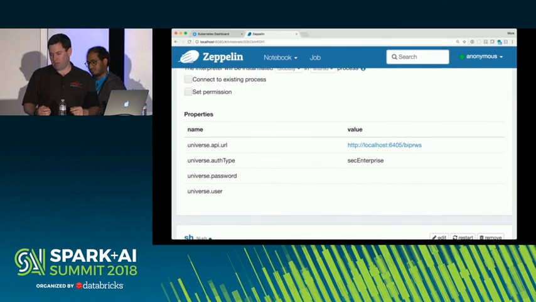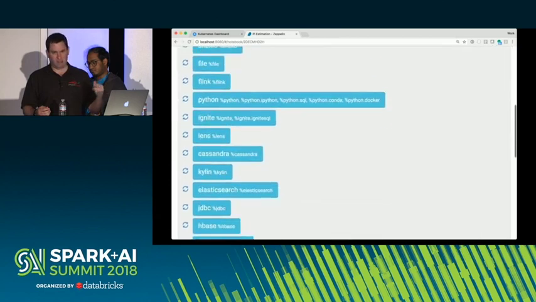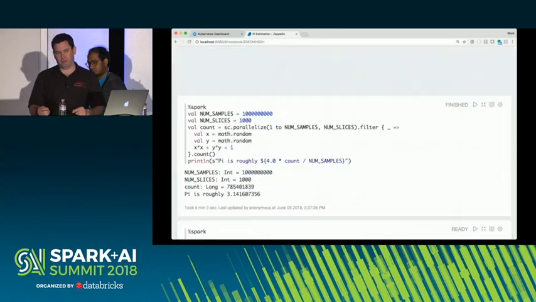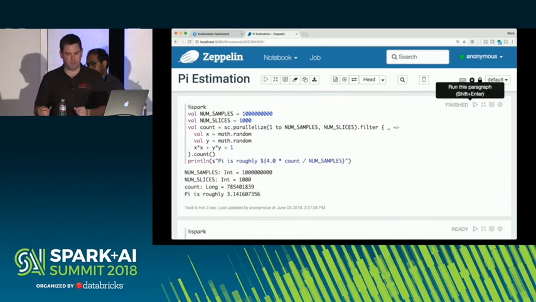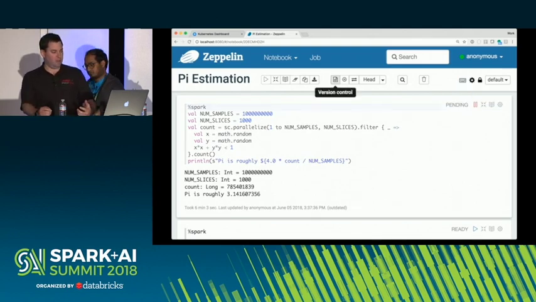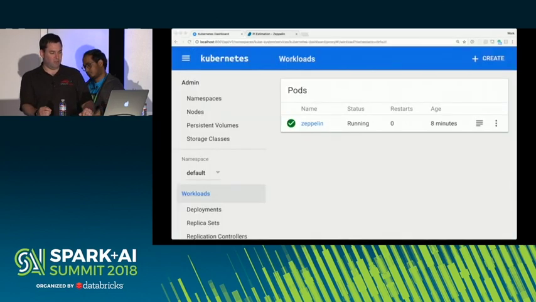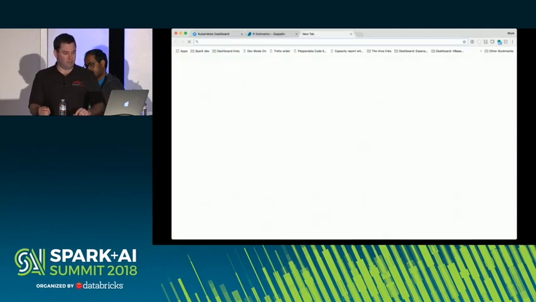So now we're actually going to go to my Pi estimator notebook. Very, very trivial program. We have to tell it that the Spark interpreter is bound to this notebook. And now I'm going to click the little Go button right next to finish there. And that will actually start the Spark interpreter running. We'll see that there. If we go to the Kubernetes UI and we refresh it, first thing we'll notice after it refreshes is that there's a couple executors that have started up. So they're waiting to start.